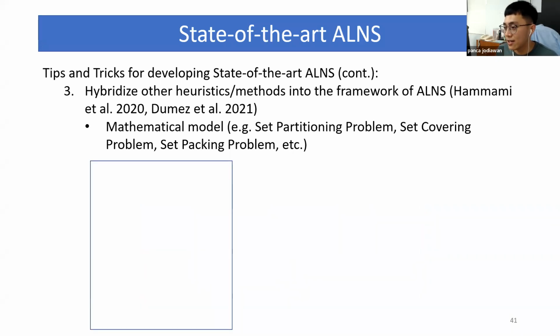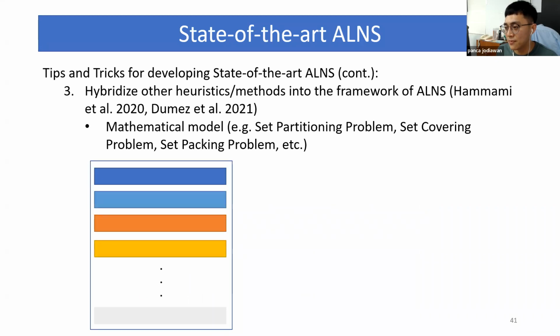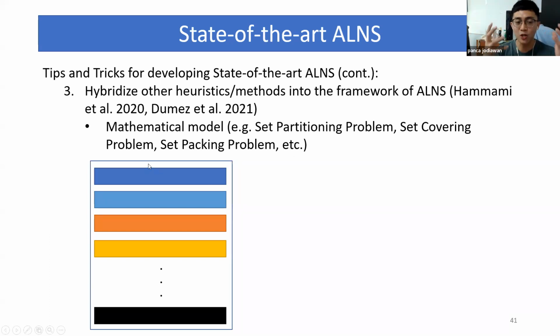And okay, how to implement it? I will briefly discuss how to implement the set partitioning problem. Let's say when you apply the ALNS, you destroy and repair, then you produce new solutions, but you do not keep track of the routes. You just compare your old solution and the new solutions, and then maybe you will replace the old solution with the new solution. But what you are working at is just the old solution and the new solution. That's all.